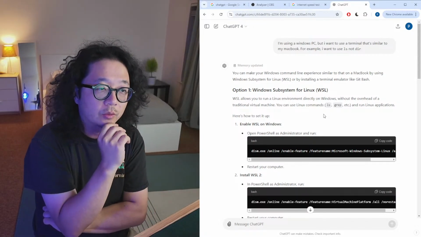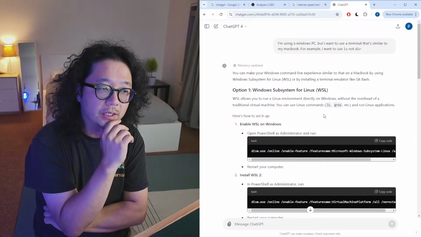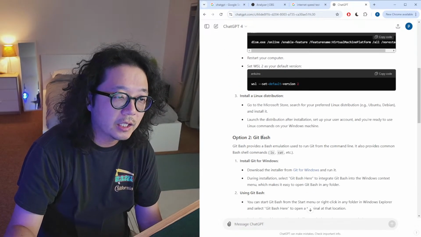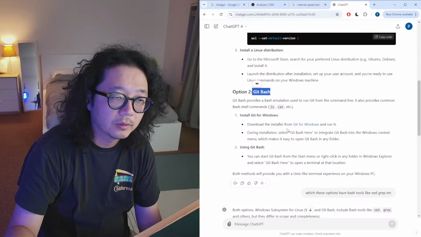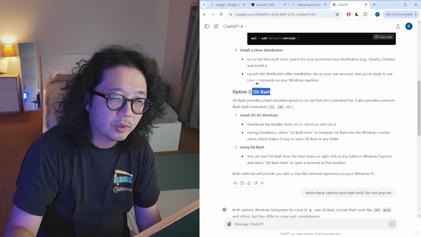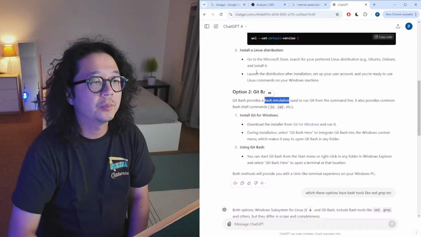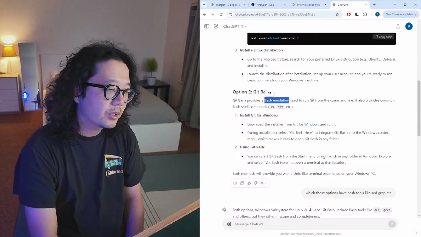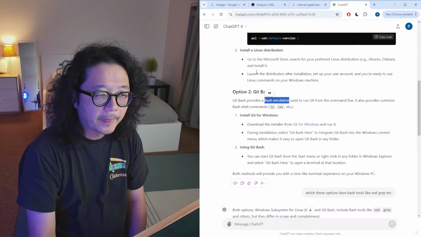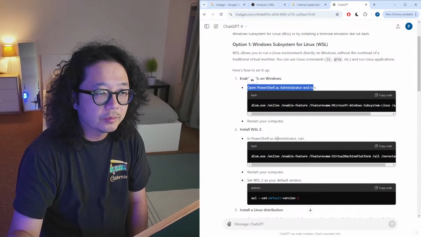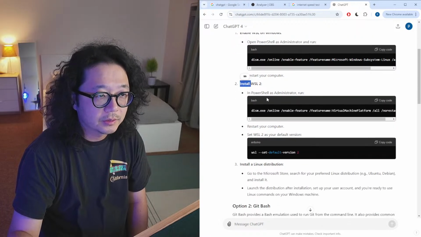So there's this thing called Windows Subsystem for Linux, WSL. It does look like that's what I want to use. I think I've used git bash before. Bash emulation used to run git from the command line. It seemed a little slow when I used this before, so maybe because it was some kind of an emulation. The funny thing is it looks a little different because this is talking about enabling stuff, whereas this is saying install it, but